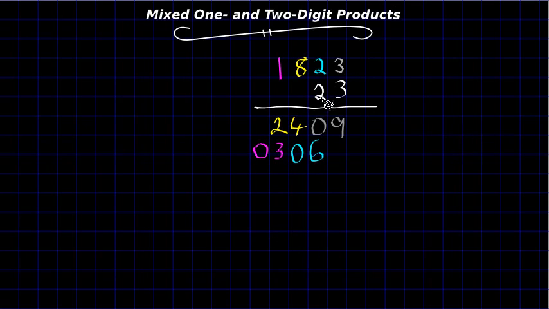Now we move on to the 2's digit here. 2 times 3 is 6. That lines up under the 2. So write that as a 0, 6. 2 times 2 is 4. That's got to be shifted over one more. So let's write this as 0, 4. 2 times 8 is 16. And there's room for that here. And 2 times 1 is 2. So I'm going to write this